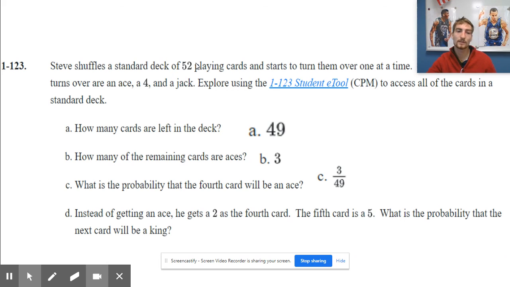Final question. Instead of getting an ace, he gets a 2 as the 4th card, and the 5th card is a 5. What is the probability that the next card will be a king? Well, where's this king coming from? So if we draw 2 more cards, a 2 and a 5, we have to subtract 2 from 49 to have 47, right? So what is the probability of getting a king on the next draw? So you should have gotten that it's 4